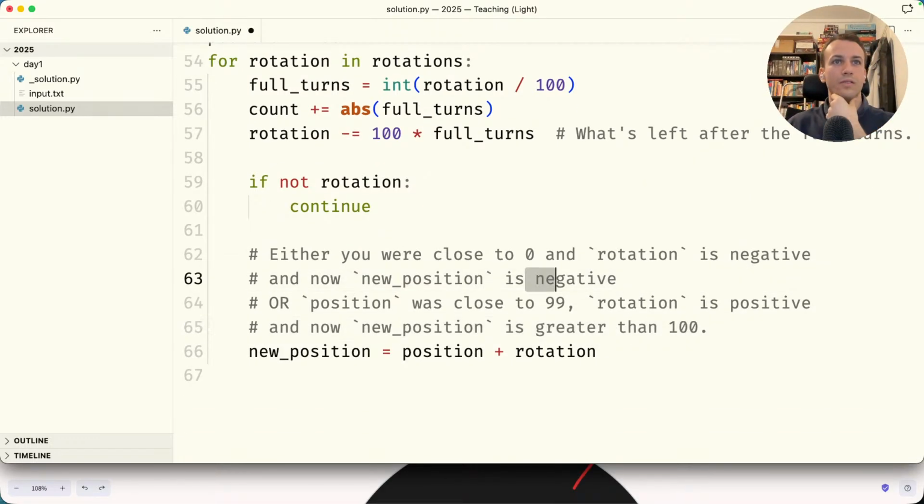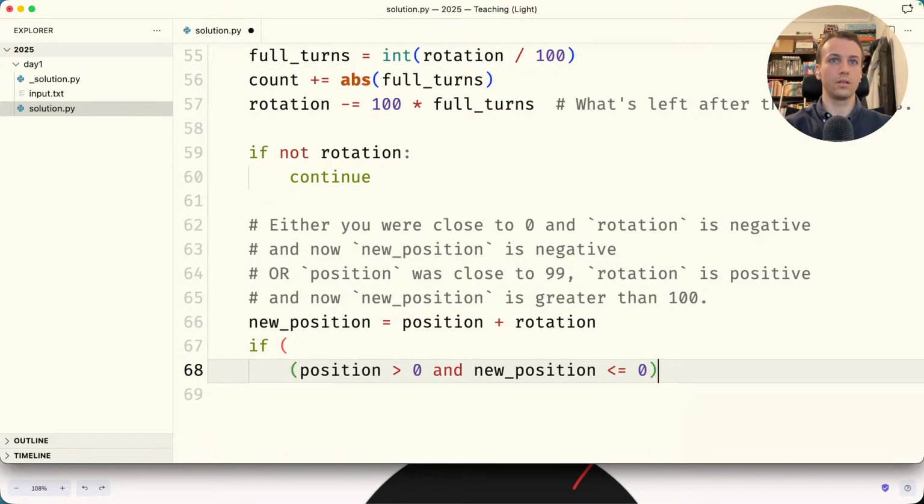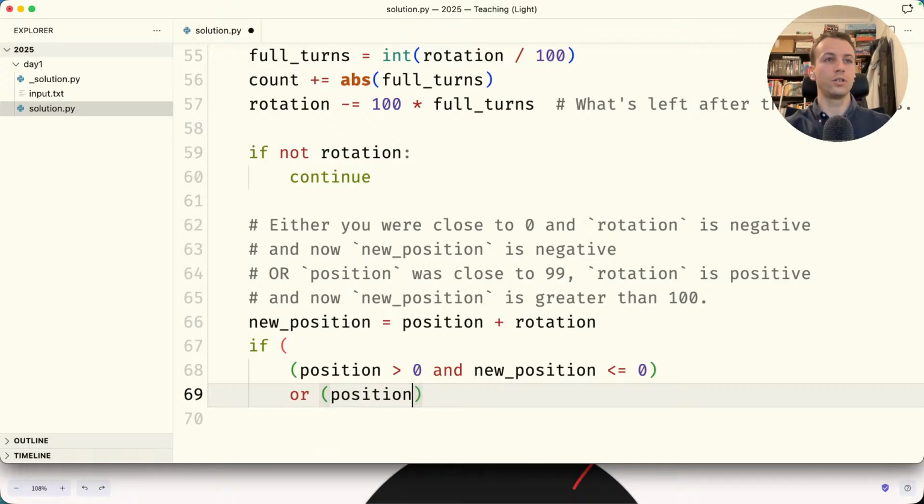And I might have negative numbers here or numbers greater than 100 because I haven't taken the modulo yet, I haven't used the percent sign yet, and that's the point. Not taking the modulo yet makes it easier to compare where I was with where I am and check if I crossed. So if the position was positive and my new position is smaller than or equal to 0, this is one case, or my position was